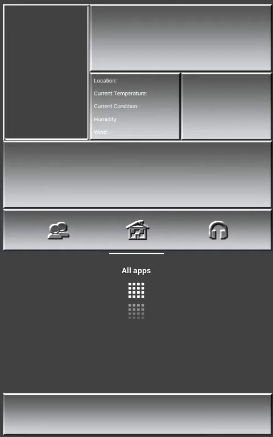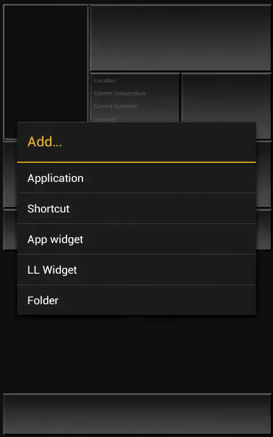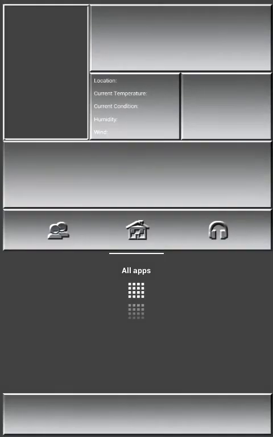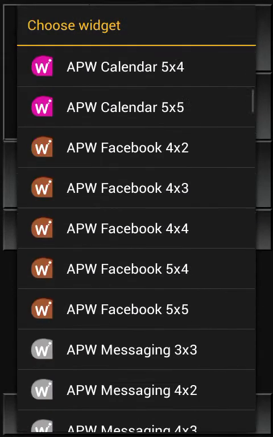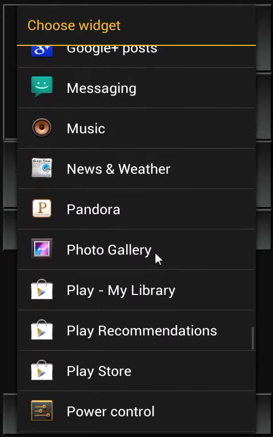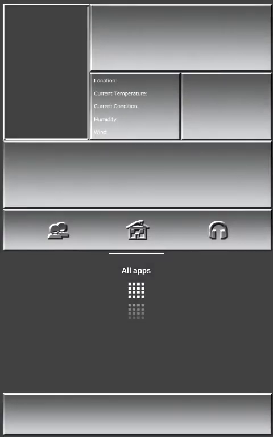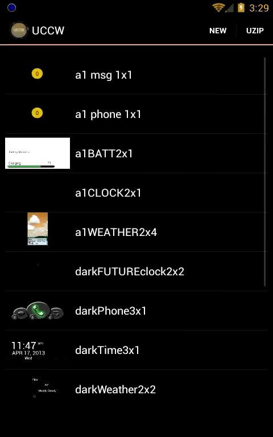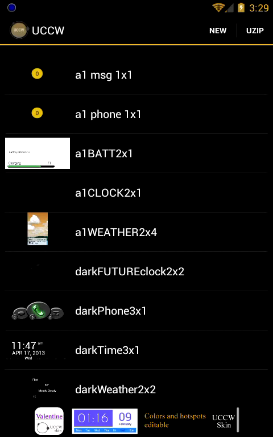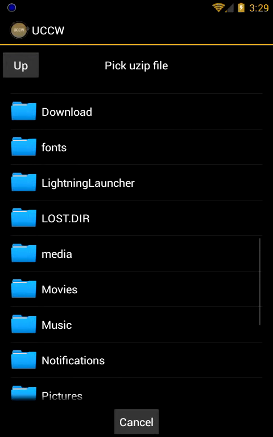Okay, so the first thing we're going to do, of course, is the weather widget right in this corner here. Going to hold down. We're going to add a widget. What we're going to do is scroll down here to our UCCW widgets. Now, this is a 2x4, and I have all of the U-zips labeled as what they are. And here's how you're going to find them. Going to U-zip, come back here into